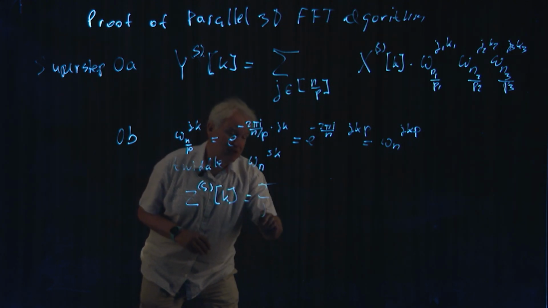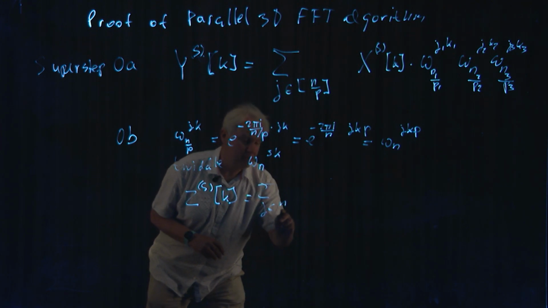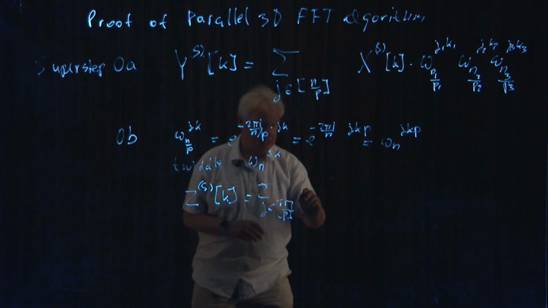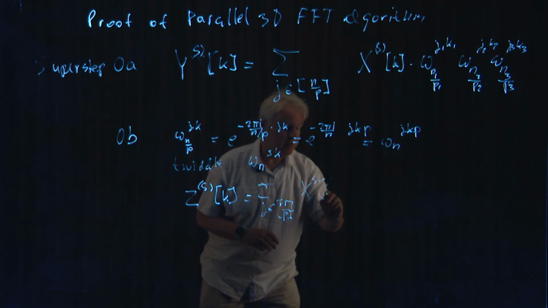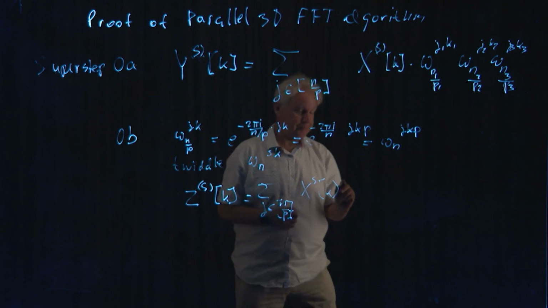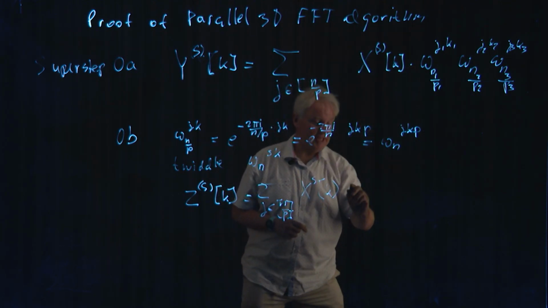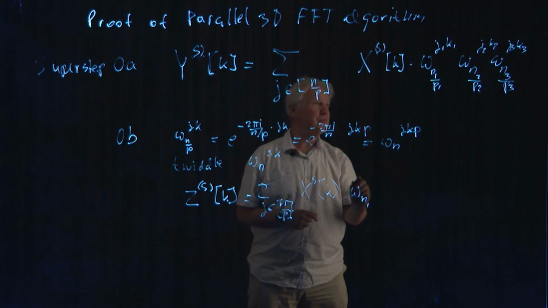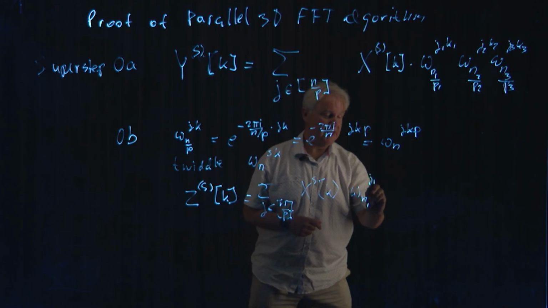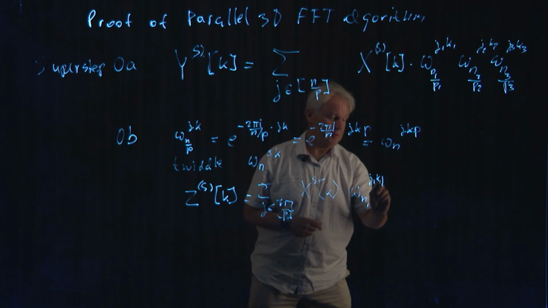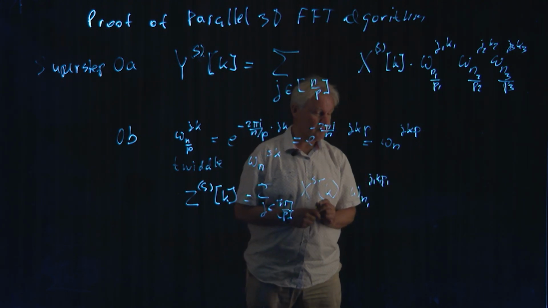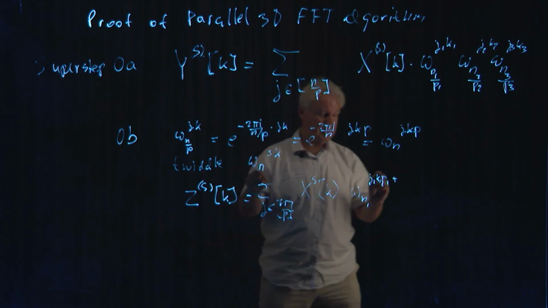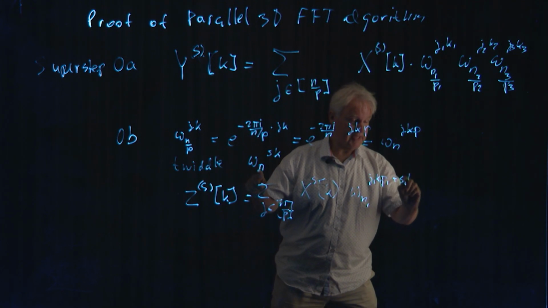It's the sum over all the j's of x_s of k. And then I write this as omega n1, and the p1 moves upstairs, j1 k1 p1, plus, and that's the twiddle, s1 k1,